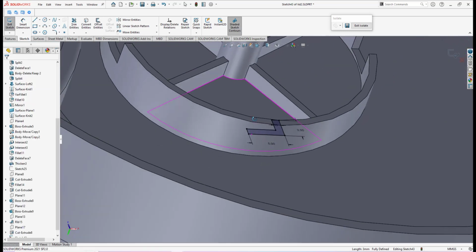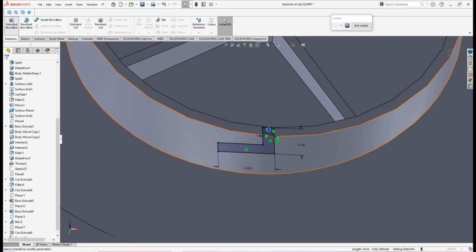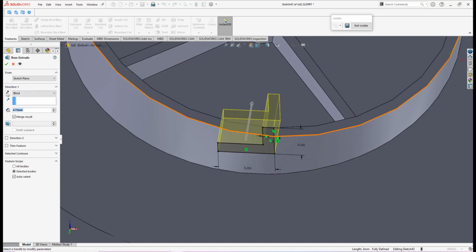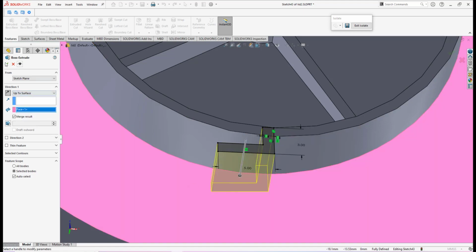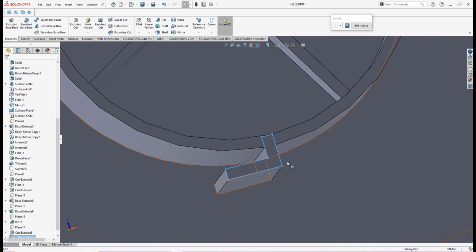So this will be the region for me to do Extruded Boss/Base. Make sure direction is to the bottom and make sure it's Up to Surface. Then I click at the surface and we will extrude to the surface. Okay, we have